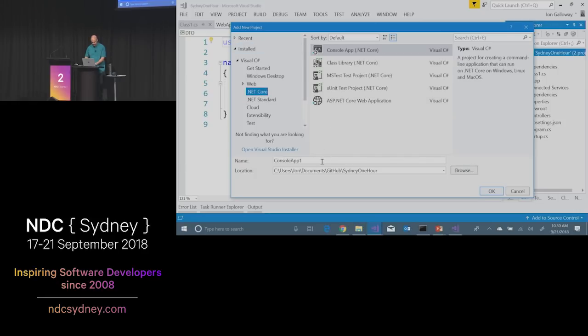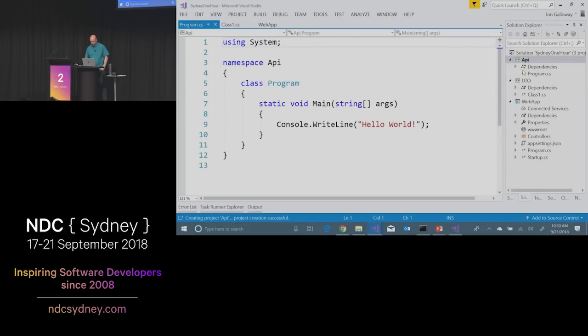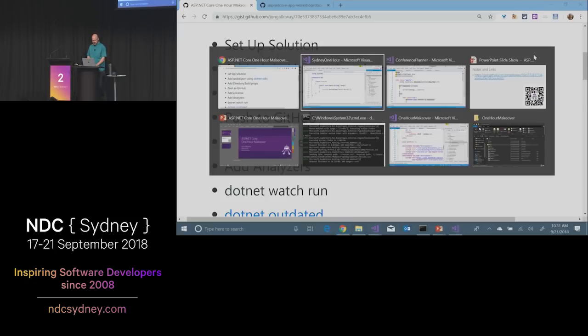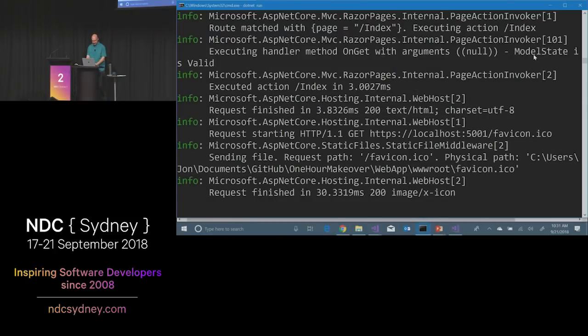So now we'll do an API. All right, cool. We'll start with that there. So now we've got our kind of standard thing. Now, step 2 on this, and some of this I've actually gotten through by running through this a few times, with trial and error, saying, oops, this would bug me if I did this. So the next thing I actually want to do is add in a global JSON. The reason for that is if I go,